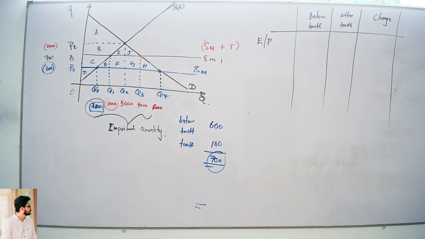Sandil, equilibrium price before tariff: P0, P1 or P2? The price that the consumer